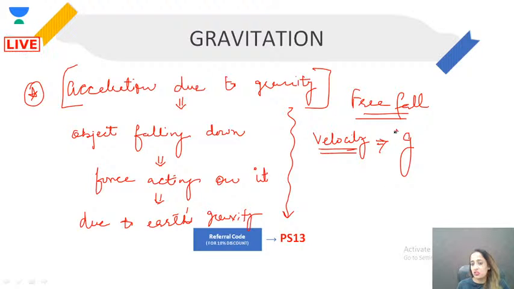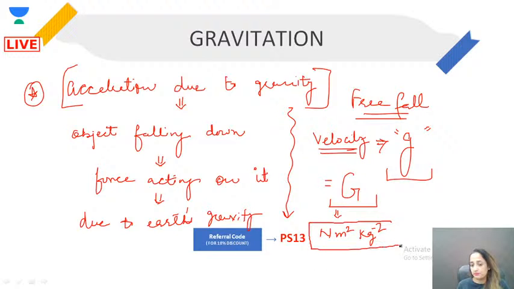And this acceleration due to gravity we represent with small g. And the gravitational constant, as I said, we represent by capital G. Right? That is the universal gravitational constant. And this is acceleration due to gravity. And guys, you need to understand the units for these two. For this one, it was Newton meter square per kilogram square. And as this is an acceleration,